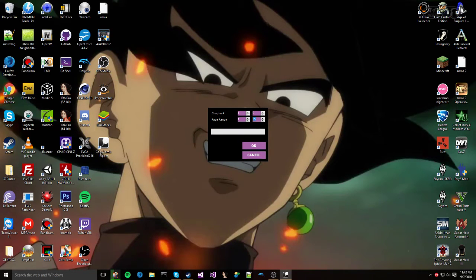Now, you saw that this one changed to a 25. That's because when you change the chapter number here, it automatically goes to where it's hosted on the two websites, and it figures out what is the amount of pages in the chapter. So it's 1 through 25. Normally you would just hit OK if this is what you want to download, but for the sake of time, I'm just going to download the first 5. So hit OK,